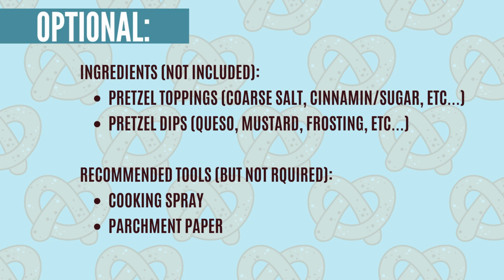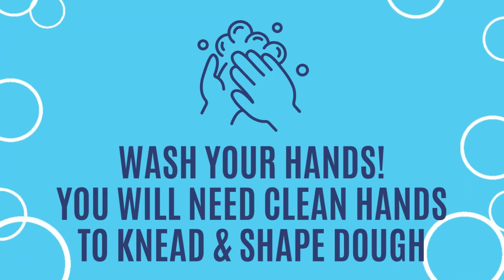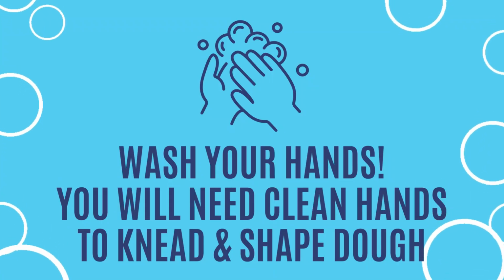And there are also optional ingredients which are not included, such as toppings for your pretzels like salt or cinnamon sugar, or dips for your pretzels such as queso or mustard. We also recommend tools such as cooking spray and parchment paper. They're not required, but they will help you out. You're also going to want to wash your hands because you'll need clean hands when we knead and shape the